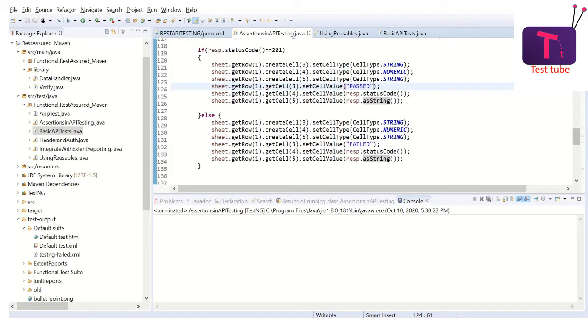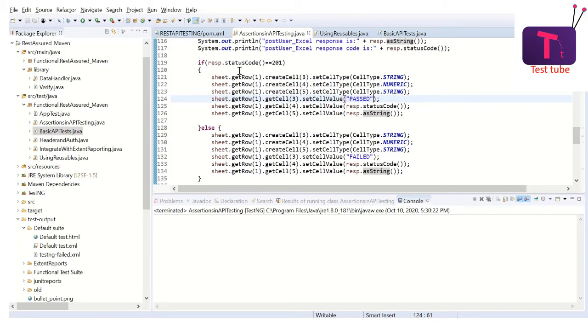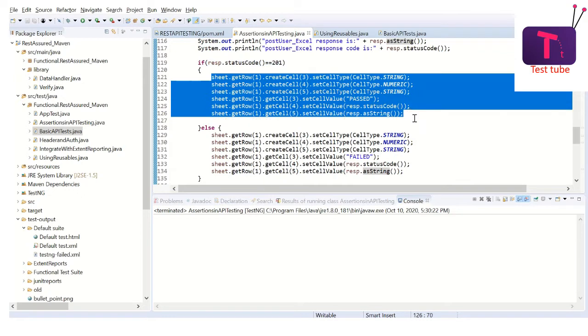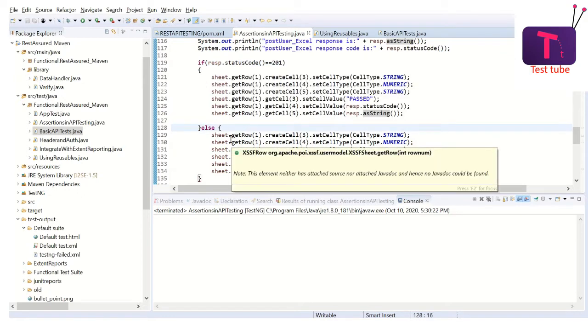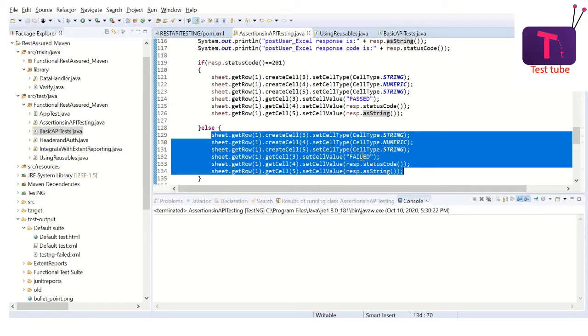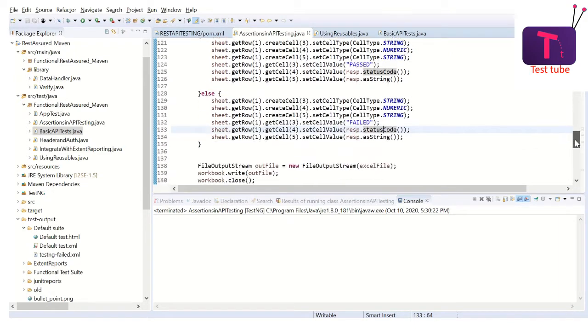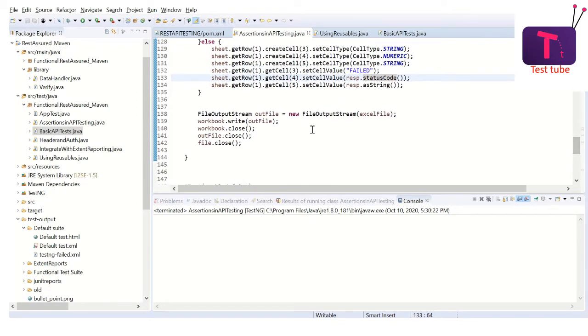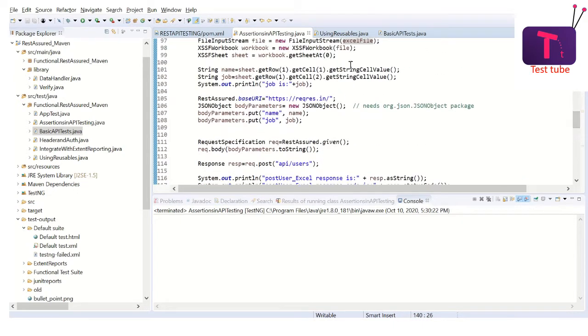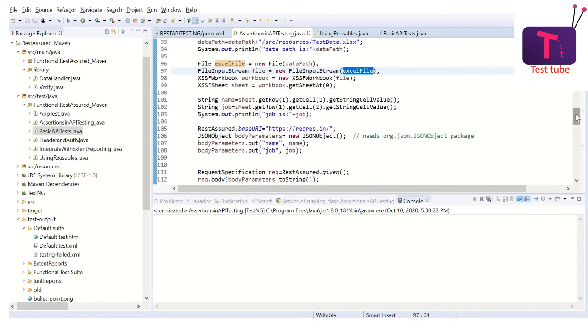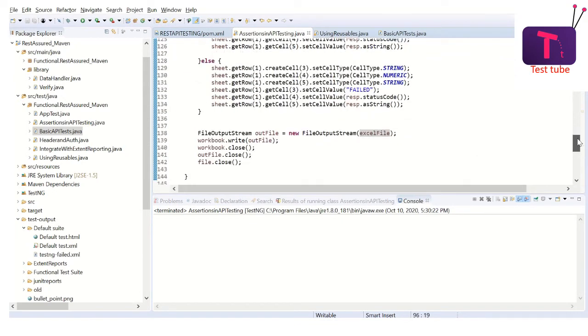So in this case, let us try to understand the logic of what I have done. If the status code is 201, which is for creating, I'm going to write it as passed. If it has failed to do that operation, I'm going to write it as failure, and I'm going to mark what the failure response is. All right, that is what I have done, and I have instructed that it needs to be written into that Excel file, which was opened in the beginning, right? This one. So I have instructed it to write into that,